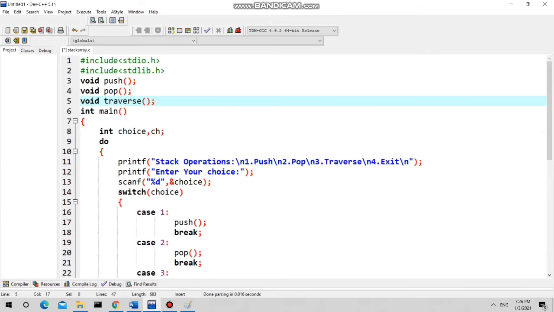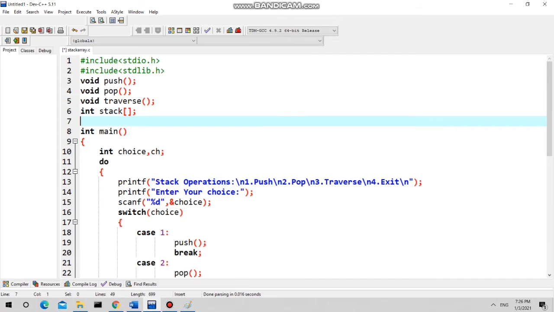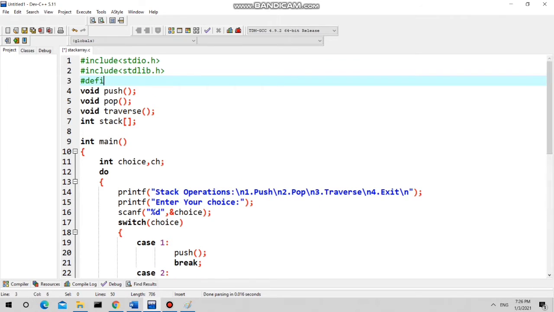Now come back to this one. Now as we are going to implement the stack using an array, we need to declare an array. So I am giving the name of this array as stack itself, and here I am not directly specifying the size of the stack. Instead I am using the macro concept. So hash define, and then I am declaring the macro and specifying its size.